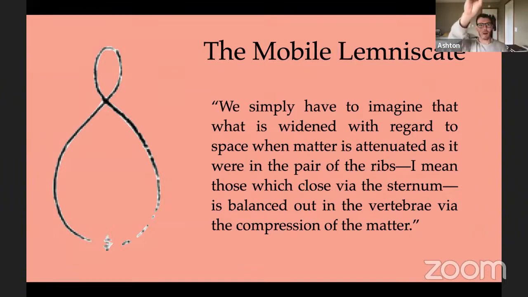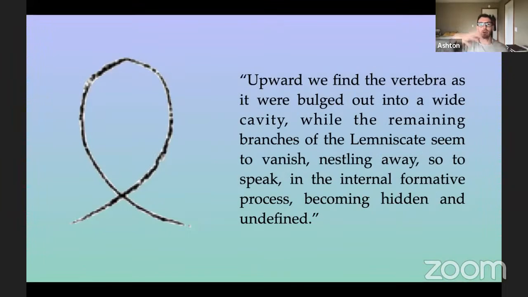So as I understand it, at the top of the lemniscate, that's the vertebra, or a representation of the vertebra. And then with the widening out of the lemniscate, we have the rib cage, and where it drops out into nothing to be connected by the sternum. Then he guides the audience to imagine the lemniscate moving upward, where he says we find the vertebra, as it were, bulged out into a wide cavity, which I take to be the cavity of the cranium, while the remaining branches of the lemniscate seem to vanish, nestling away, so to speak, in the internal formative process, becoming hidden and undefined. What is all going on there, I can't say, but this is the image he has for the movement of the lemniscate up to the extreme of the sphere. And then going downward,